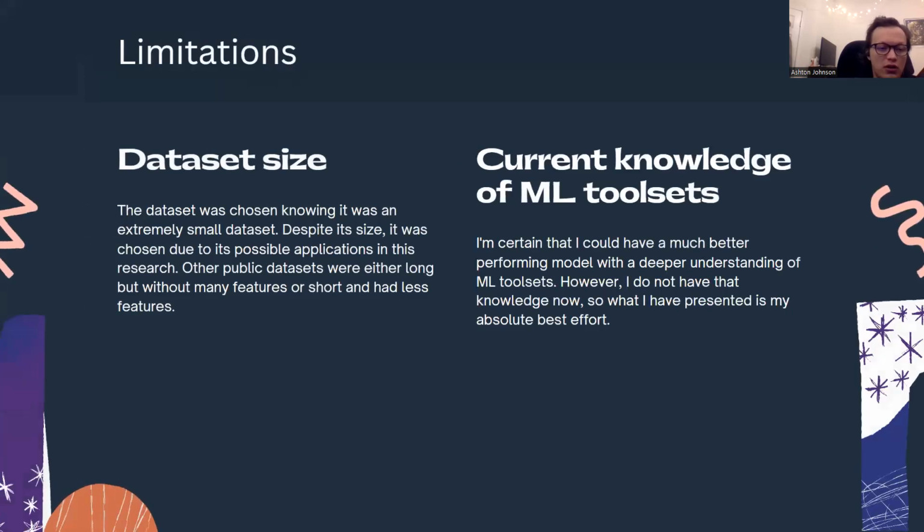So limitations, obviously, were the dataset size. The dataset was chosen knowing that it was an extremely small dataset, and despite its size, it was chosen due to its possible applications in this research. Other datasets either had many listings, but not a lot of features, or had a lot of features, but had even less